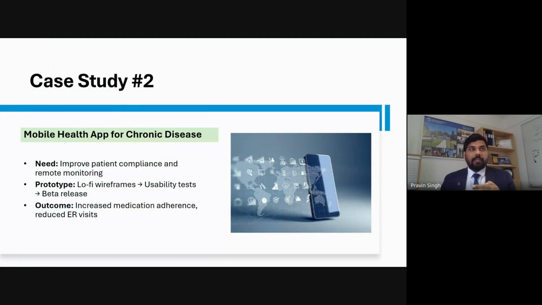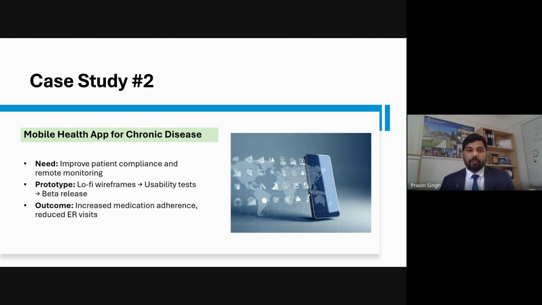Next we go to another case study, a mobile health application for chronic disease. Let's look at it, it's a real world example of how prototyping led to successful healthcare innovation. In this case, a mobile health application was designed to help patients with chronic disease like diabetes or hypertension manage their condition more effectively. So what are the steps here? First we go for